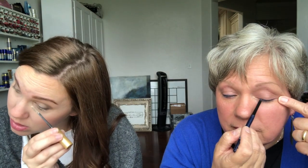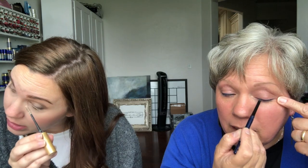So I'm taking one eyeshadow from the Rainbow collection and featuring it each month, and doing just a wearable look with that. The Rainbow collection is the yellow, orange, green, very vibrant. I'll pull them out. But so I've been featuring them and showing what to do with them, like making a wearable look with red or